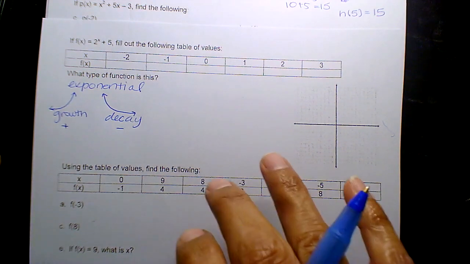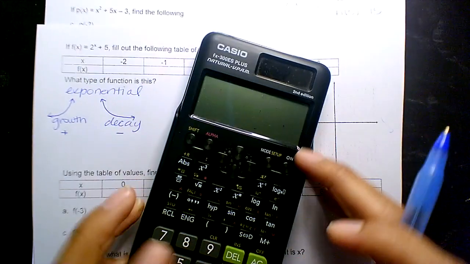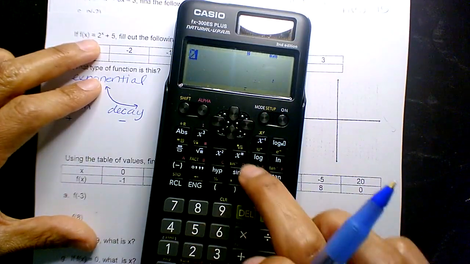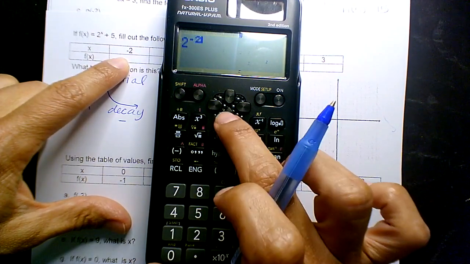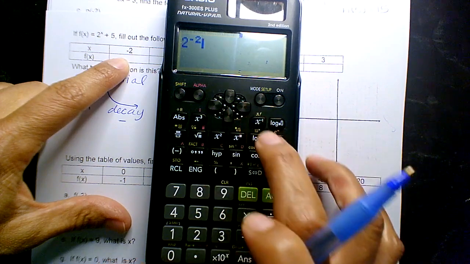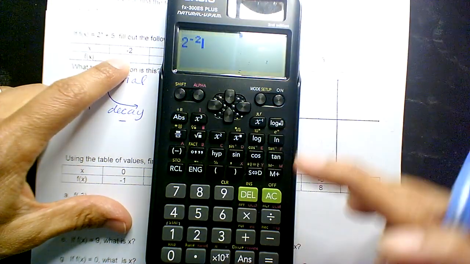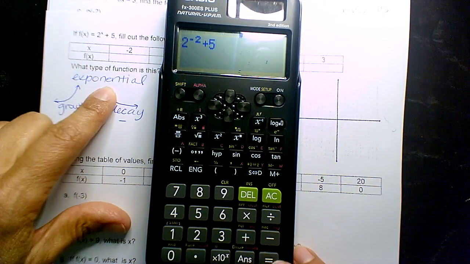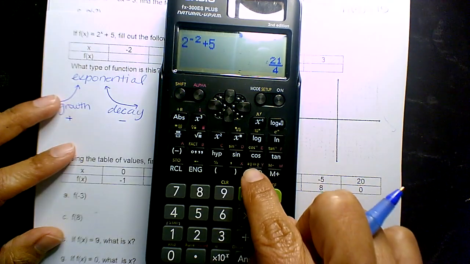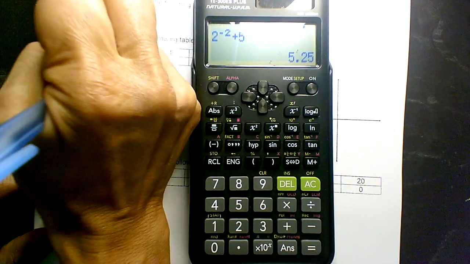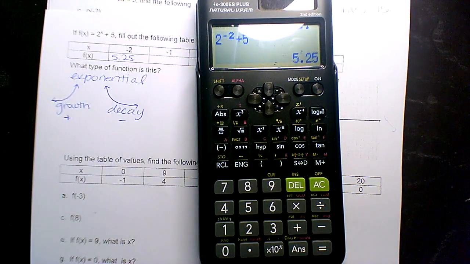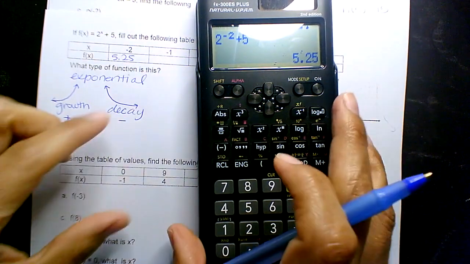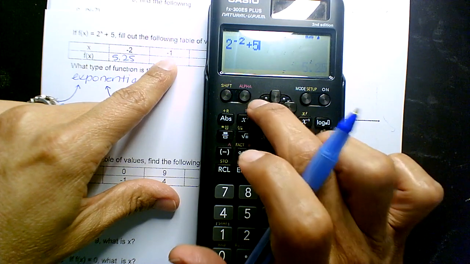Okay. All right. So look, you can very easily just use that calculator. If I plug in the -2, I click to the right, that takes me out of exponential, and then +5, and I get 5.25. Did you get that? Did you do it? Did you get that? Okay, perfect. So then if you go back to -1,